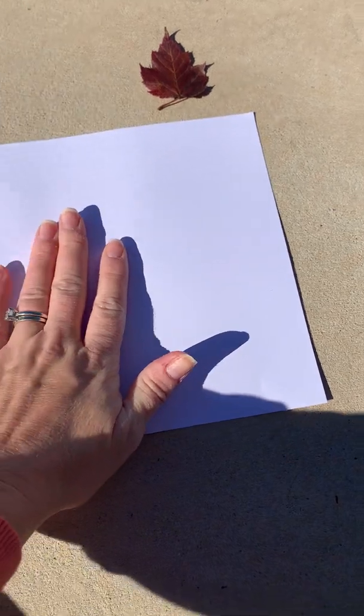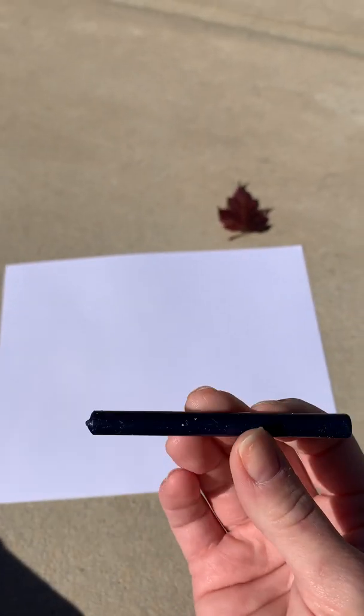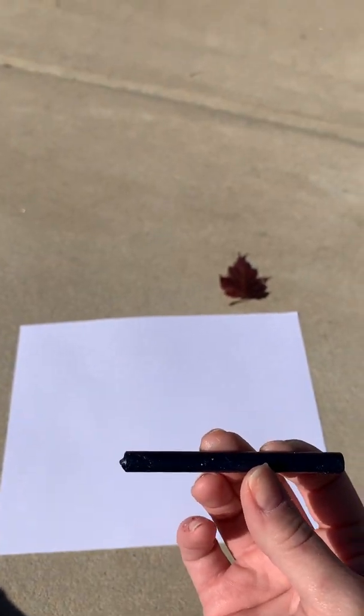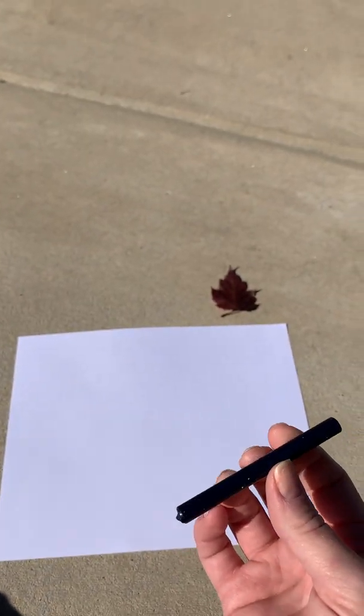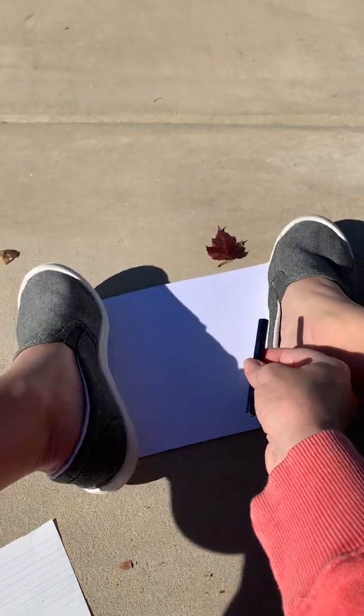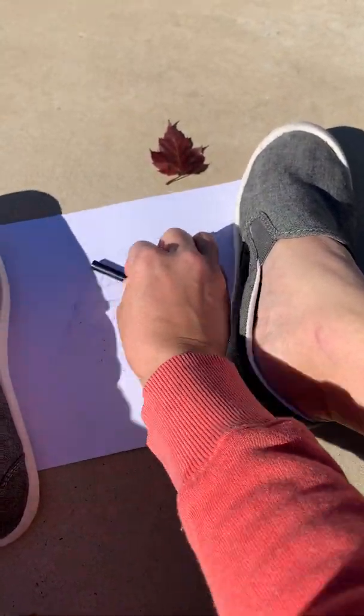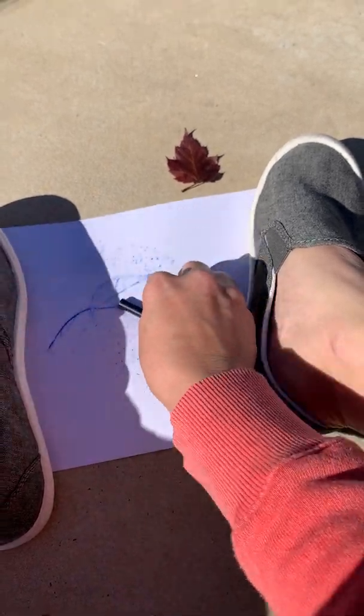Whatever you have, that'll work at your house. You're gonna put your paper on top of that leaf. My paper's super thick, so I'm hoping that it's gonna work. And then if you're using crayons, you're gonna wanna peel that paper off of your crayon so that you can have the whole side. And then I'm gonna hold it down with my feet because I'm holding my phone to make this video. And you're gonna rub over your leaf